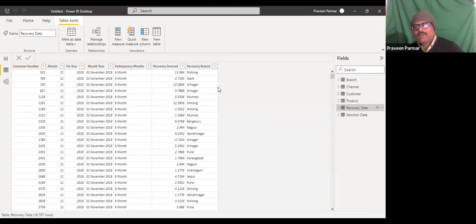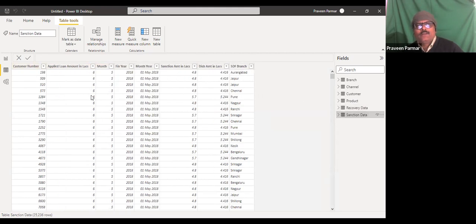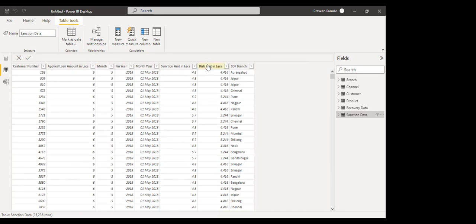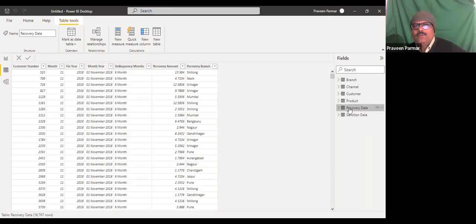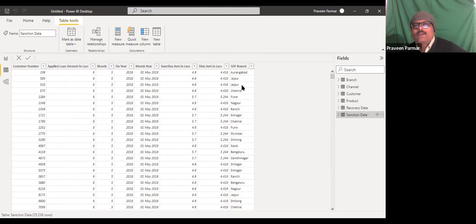So they have given this here. And the sanction data is also there: the customer ID, the applied loan in lakhs, months, financial year, month, year, sanction amount in lakhs, disbursement amount, how much loan has been disbursed, and branch. So in the recovery we have the recovery branch, and in the sanction data we have the SDF branch.